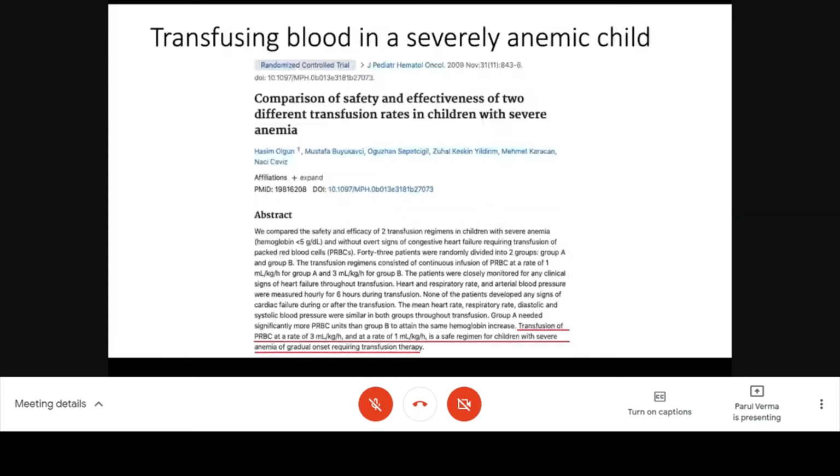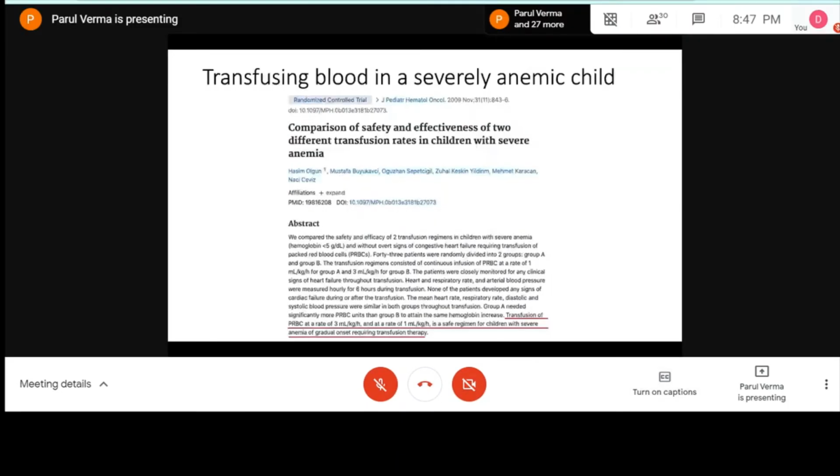The other thing is the role of furosemide as a prophylaxis. Again, there is no evidence for that. If the child is not in CHF, then giving furosemide for prevention of CHF is not evidence-based, and I think that can be skipped. If the child is in CHF, then definitely you'll use a diuretic because you don't want to overload the heart.